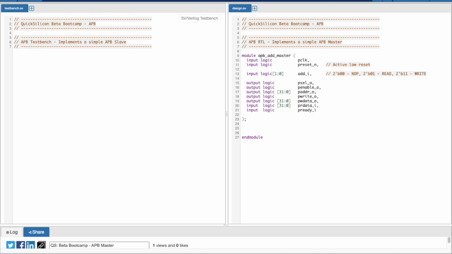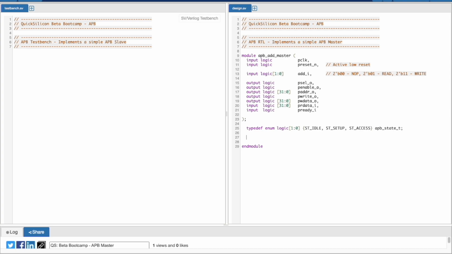So let's define the enum for that. typedef enum logic [1:0]. These states would be your IDLE state, your SETUP state, and your ACCESS state. And let's call this apb_state_t.